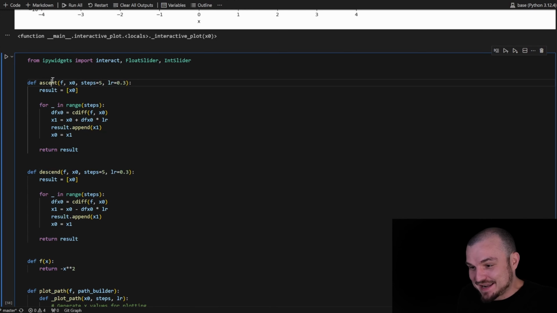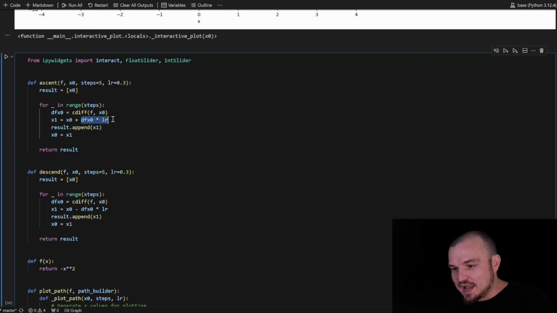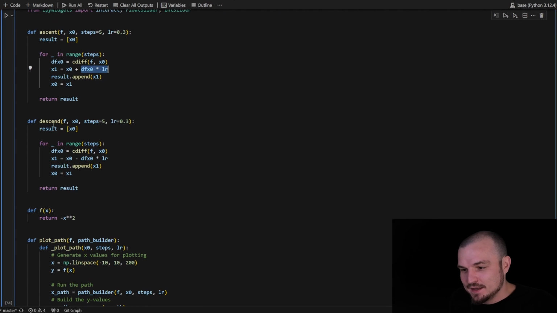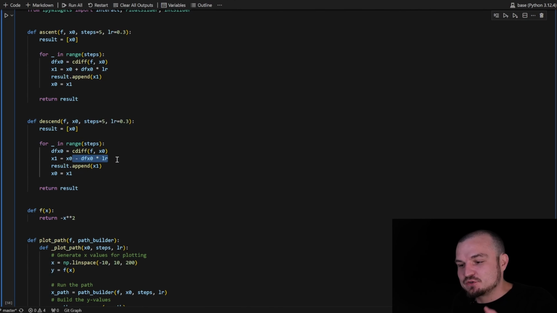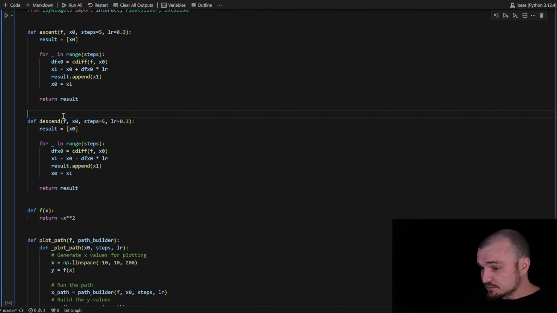It's exactly the same function except for this sign. In the ascent, we add to the initial coordinate the value of our slope times the learning rate. In the case of the descent, we subtract the same value from the initial coordinate.